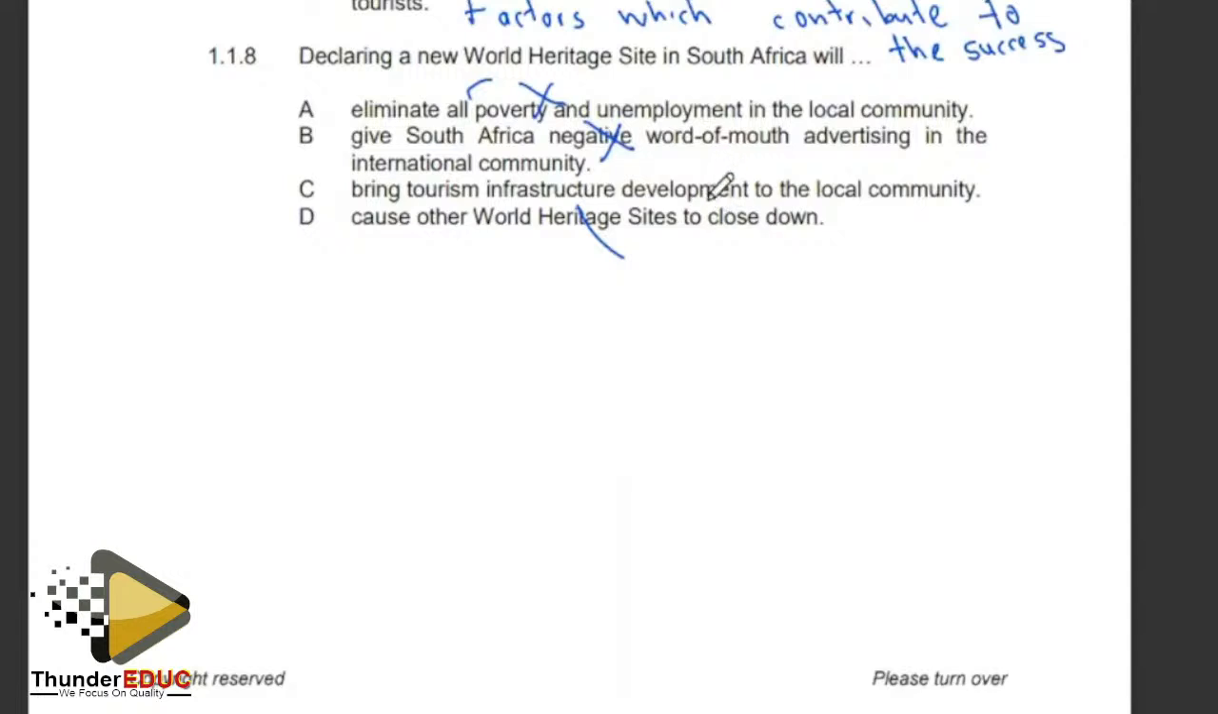Now let's look at C. It will bring tourism infrastructure development to the local community. If you look at this answer, it is actually realistic. When a World Heritage Site is declared in a particular country, it would also bring tourism infrastructure such as better